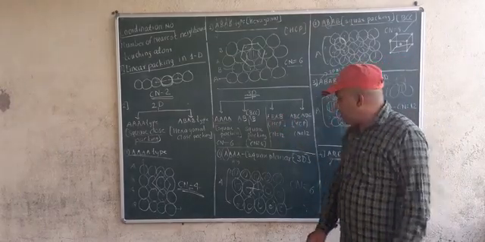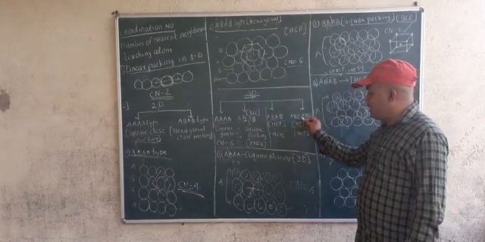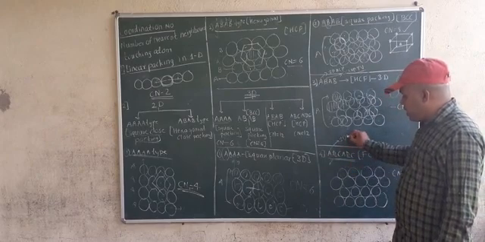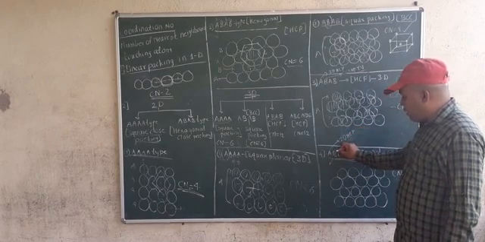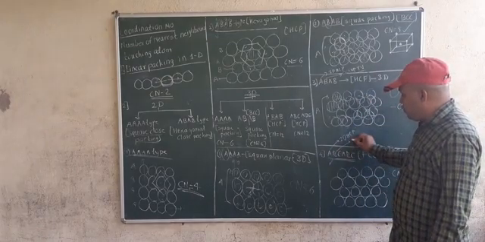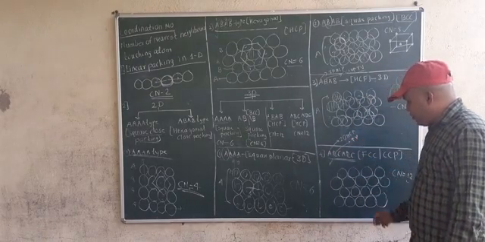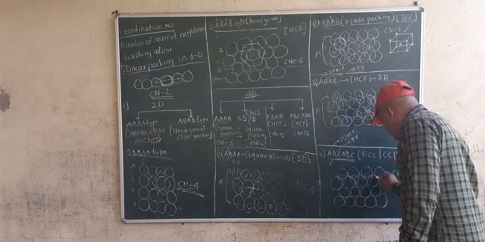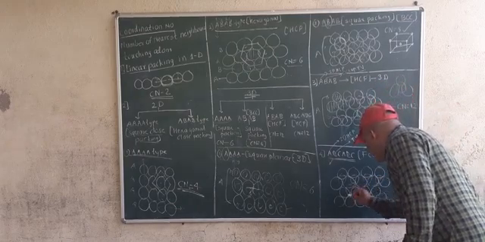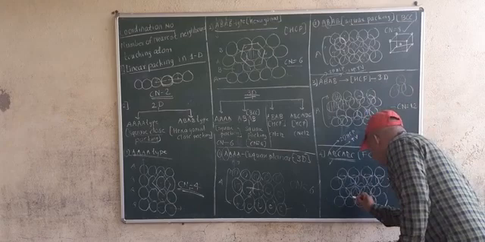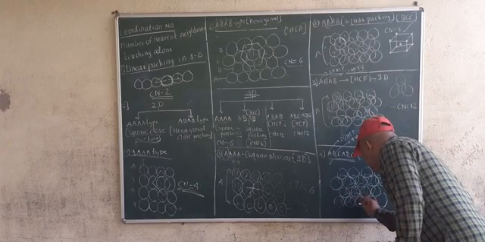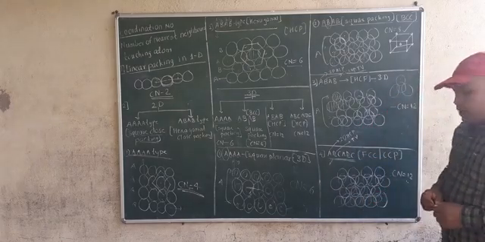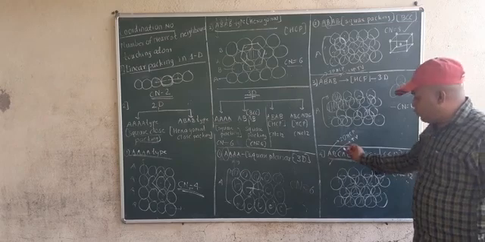AB type. Now what is this ABC? Again this A means 2D hexagonal close packing. B means, now only we have seen what is B. B you need to cover all tetrahedral voids. So I am covering all tetrahedral voids. You see 1, 2, 3, 4, 5, 6. I am covering all tetrahedral voids. What is this C?